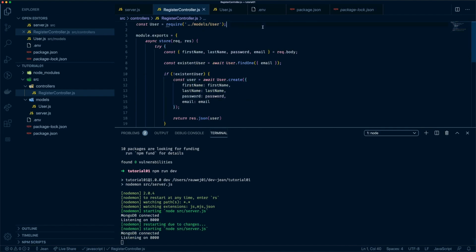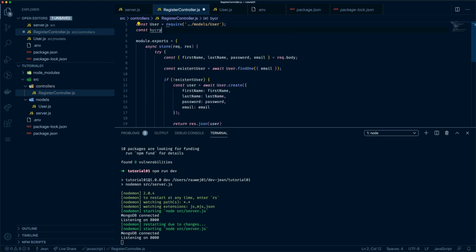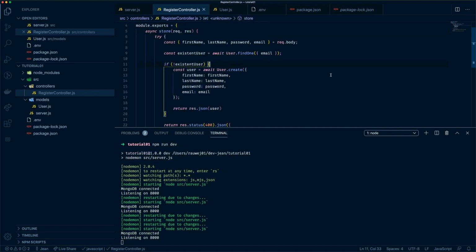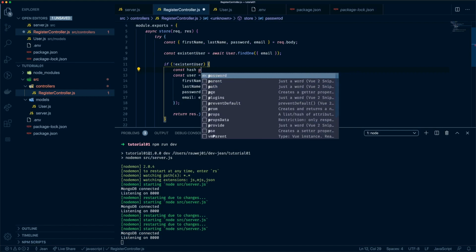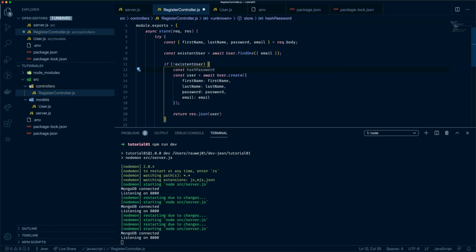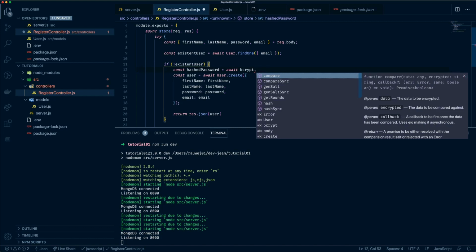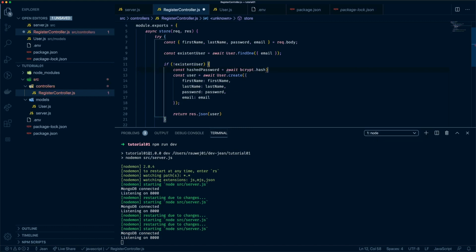And remember, we just installed bcrypt. So now we're going to do const bcrypt equal require bcrypt. This is quite fun, guys. So look what we're gonna do now. We're gonna say inside this block we're gonna define const hashed password. This is going to be equals await. Remember this is another asynchronous function, so we await and then bcrypt dot hash, and we will pass the password here,